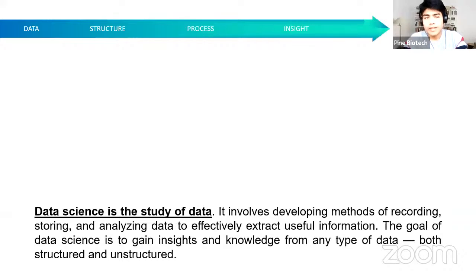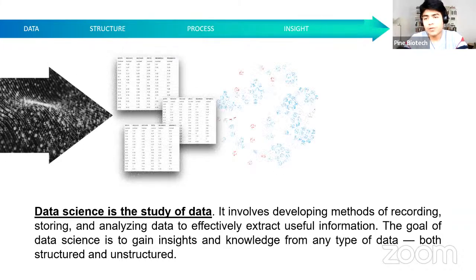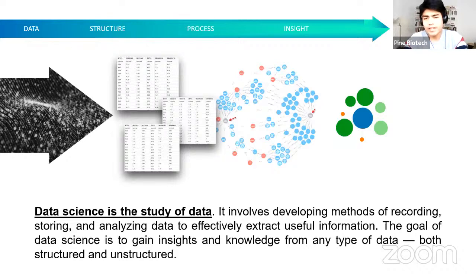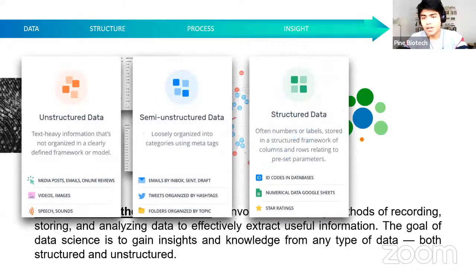Now, when we talk about data, what sort of data are we talking about from a biologist's perspective? Well, data can be generated from various techniques, such as a microscope can generate data, and also next generation sequencing can give rise to various genomic data. Now, these data sets can then be filtered and structured, giving rise to some insights which can be further subjected to various tools and algorithms, which further can analyze them, classify them, and then give rise to meaningful data which we can understand as a biologist.